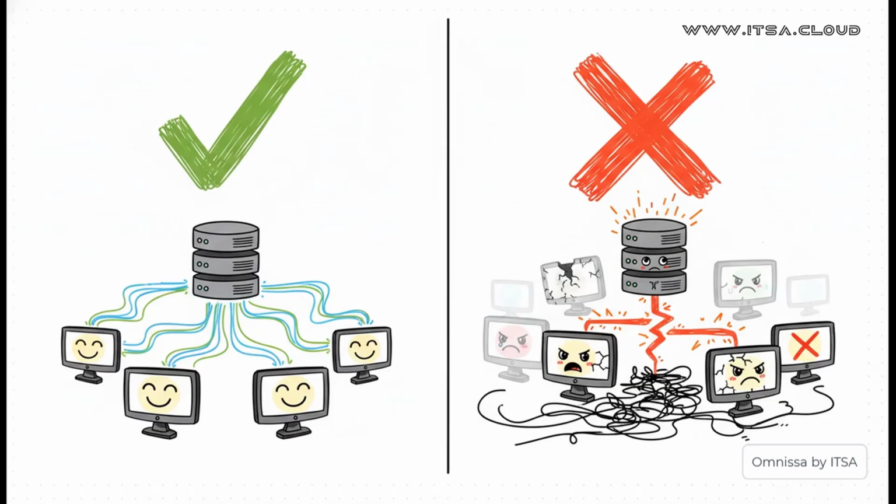And look, the difference is literally night and day. On the left, when things are healthy, it's all smooth sailing. Everything just works. But on the right, with a broken connection, that's when you see all those frustrating errors and junk entries clogging up your console. It is the root cause of so much pain in VDI.